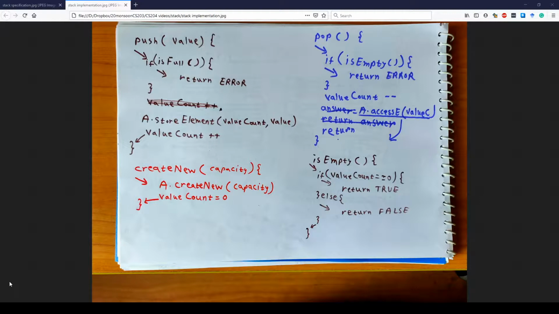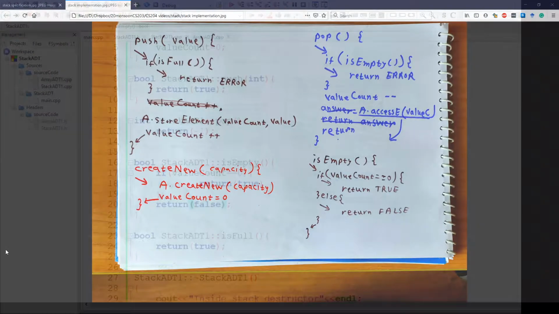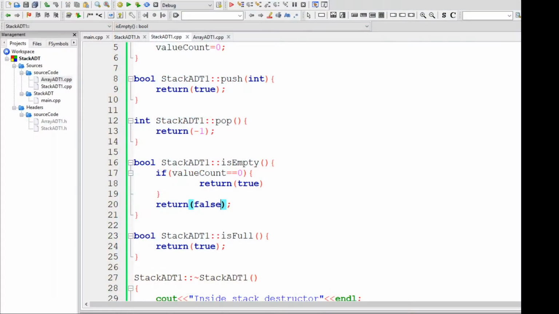Now in the same way, let's ask the question about is full. So let's go and implement our is full operation. For that we would need information about how many elements we have stored and what the capacity of the stack is.